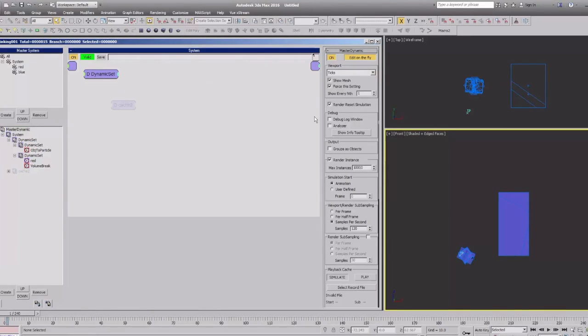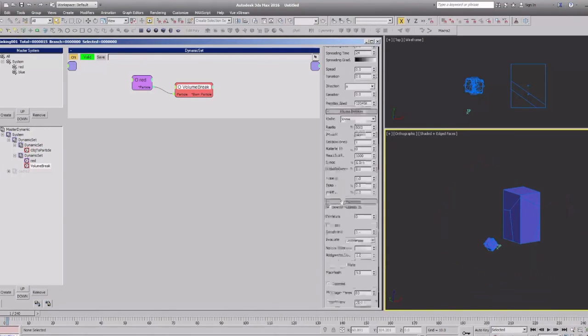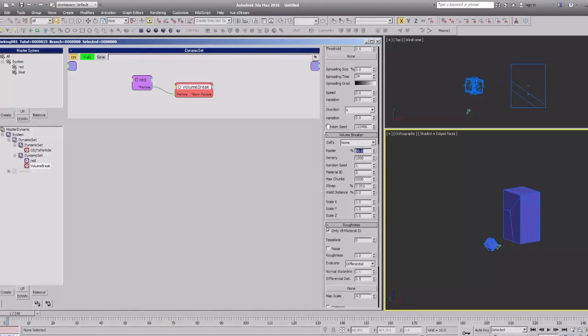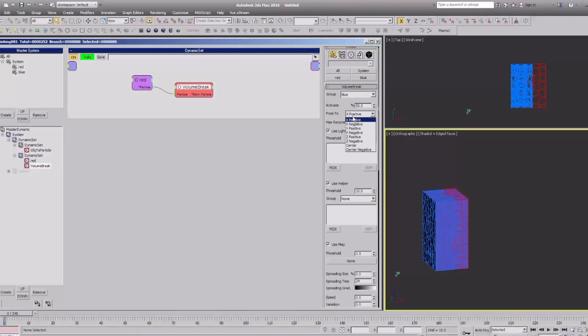Okay, so let's set volume breaker to only activate 50%, so it keeps them. And you can see that our volume breaker raster is too low. So if you really want to keep objects from interpenetrating, especially when doing collision simulations, a really handy trick, actually let's set this to be top down or Z-neg,